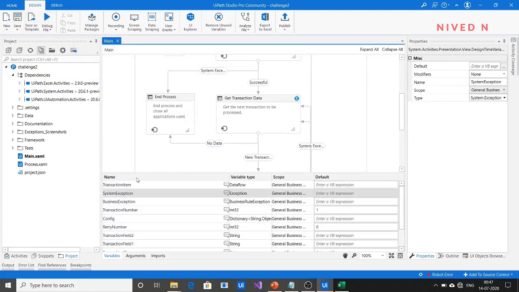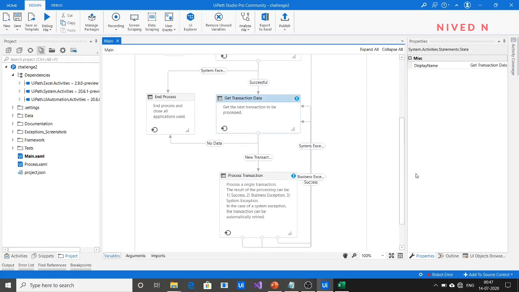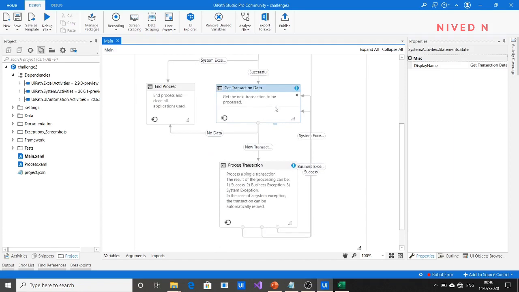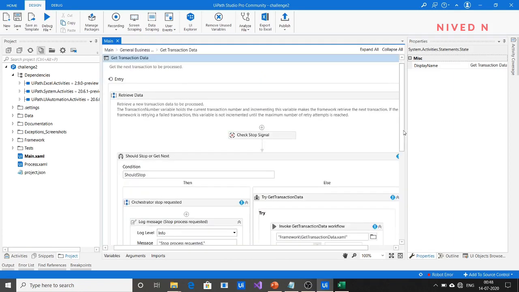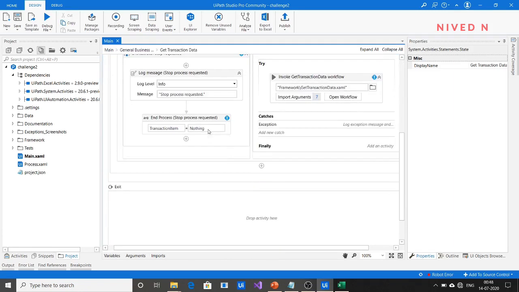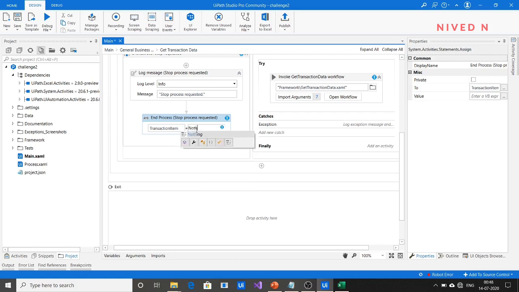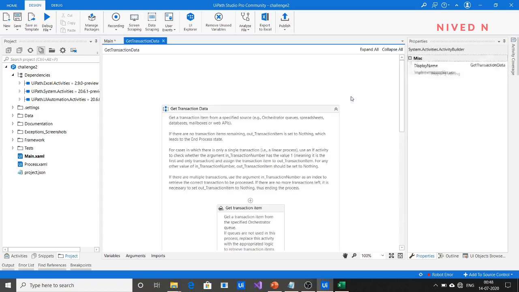Now save it. You can see validation errors being thrown in Get Transaction Data and Process Transaction. You have to clear all of them. Here, the transaction item also has a validation error in Get Transaction Data.